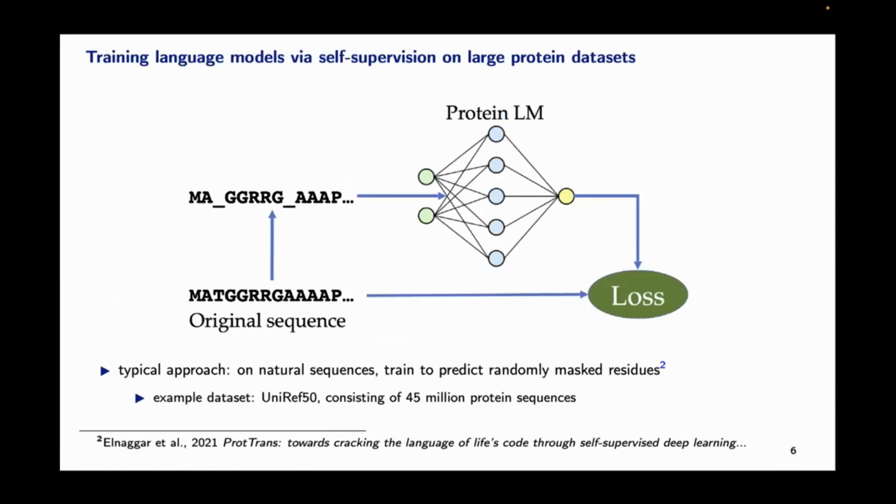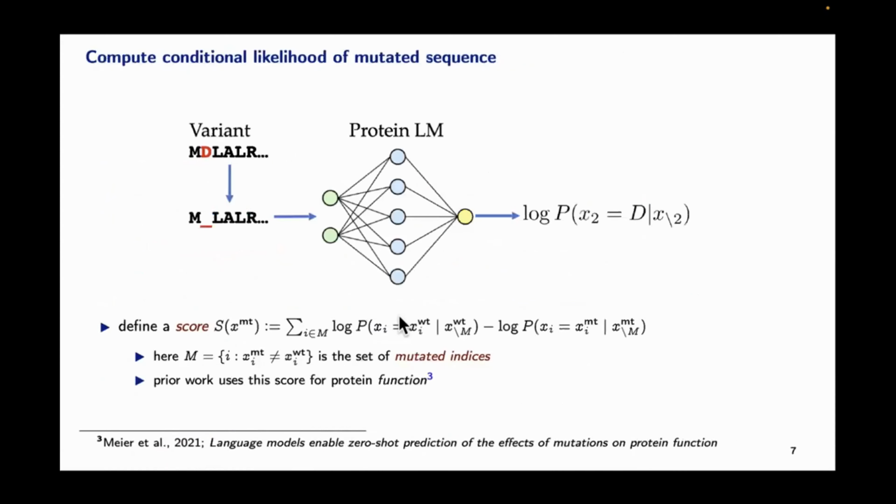We'll use protein language models though, and these are trained via self-supervised learning on large open data sets of protein sequences. A typical training objective is for the language model to predict the missing amino acids in a randomly masked sequence. This makes them ideal for predicting variant likelihood as a proxy for evolutionary fitness. To score a missense variant, we'll mask the sequence at the mutated location and output the protein language model's conditional probability distribution at that location.